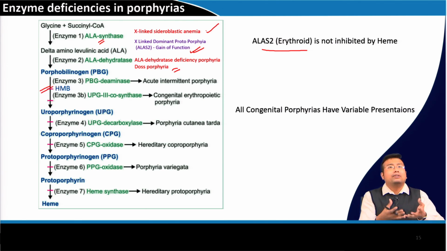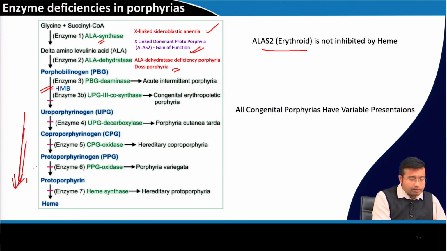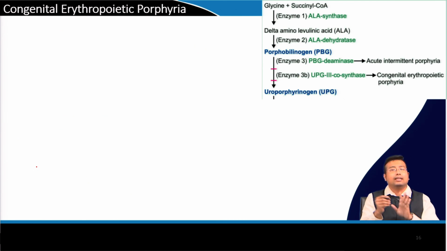Now, after hydroxymethylbilane, all of the diseases that come after hydroxymethylbilane have a feature of photosensitivity. Why? Because the products formed due to block of the corresponding enzymes get converted to toxins, right, and they have a specific mechanism of action. So, the next disease that we need to study, which is happening due to deficiency of uroporphyrinogen 3 co-synthase,